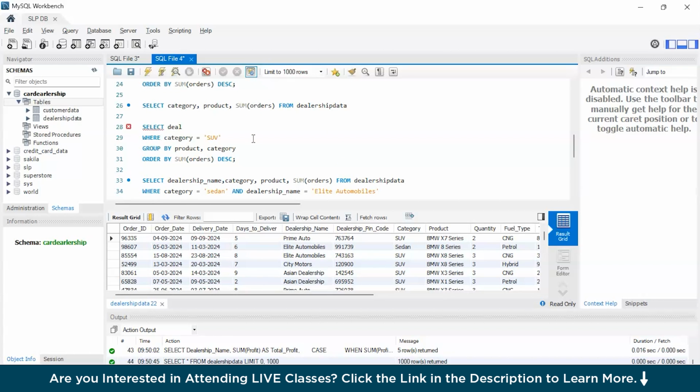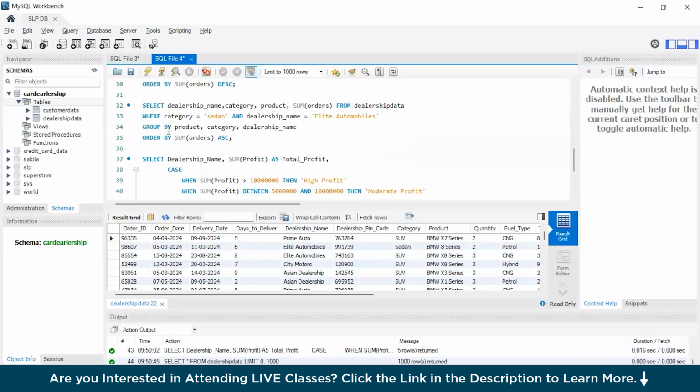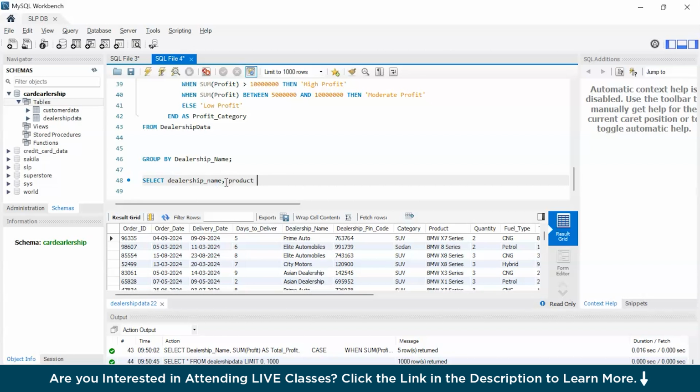I think we wrote dealership. Yeah, we can remove this. Select dealership name, product from dealership data where product like, or you can use like, I think we don't need to use equals to there, double quotes, percentage or mod, X8 and percentage. Okay. So what am I specifically mentioning here is, I don't care if it is having anything in front of X8